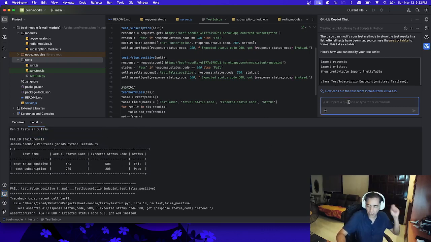We can improve this further by changing the status colors. We want to change colors for pass as green and red for fail.